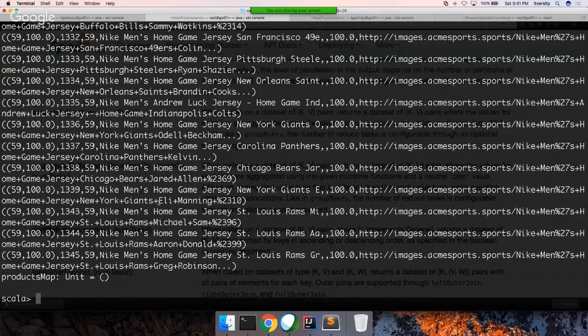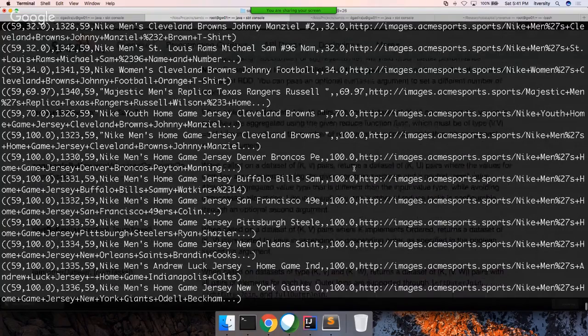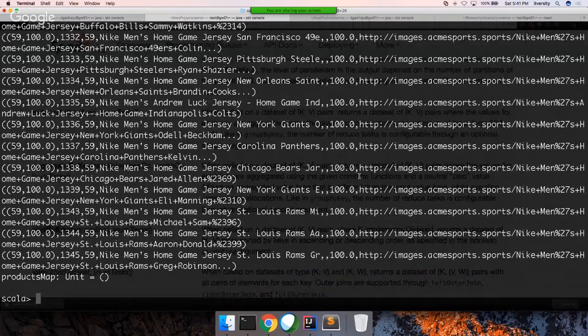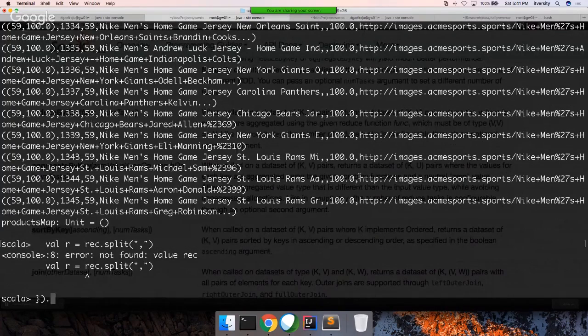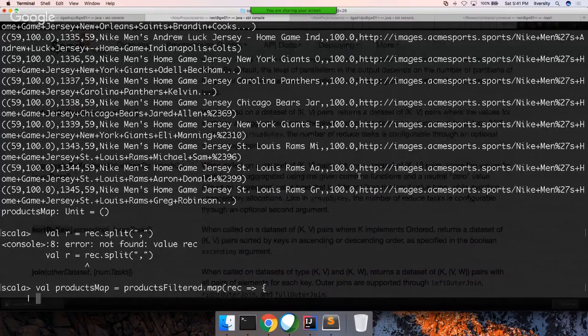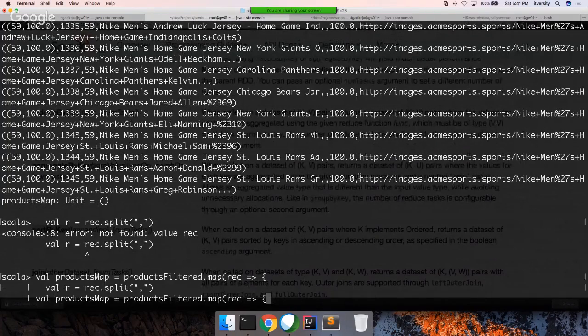Now you see within each category we got the data in ascending order. So 59, 70, 100. If you see, it's all ascending. If you want ascending by product category ID and descending by product price, you have to run it like this. As part of the key, if you say false, everything will be in descending order as part of sortByKey. But if you say it like this,